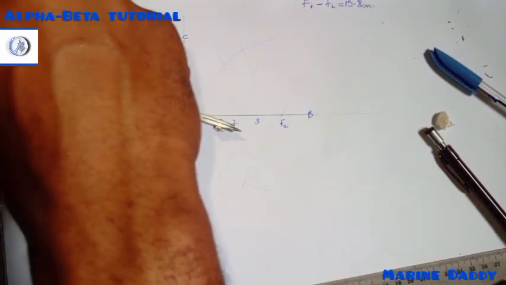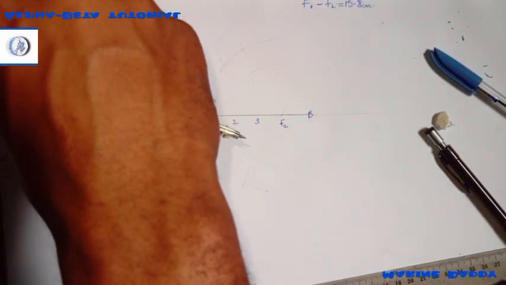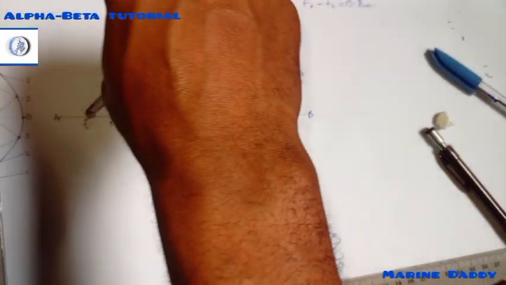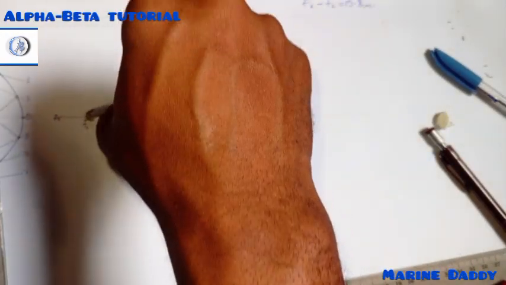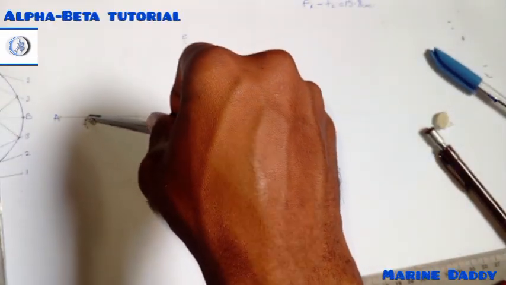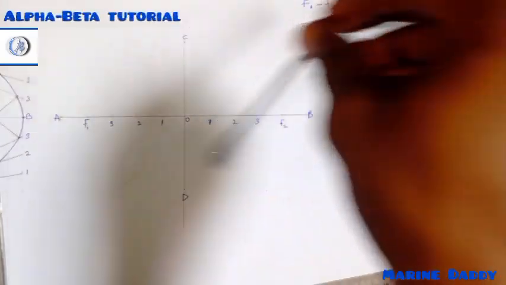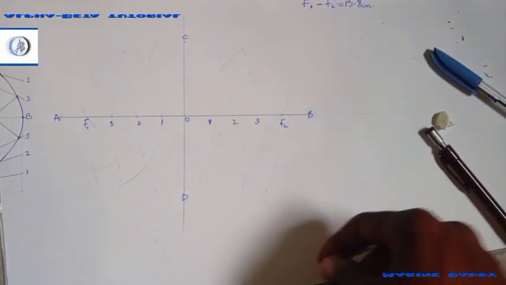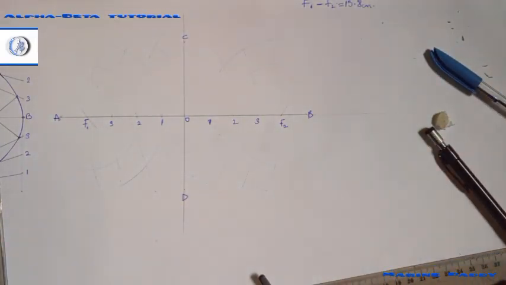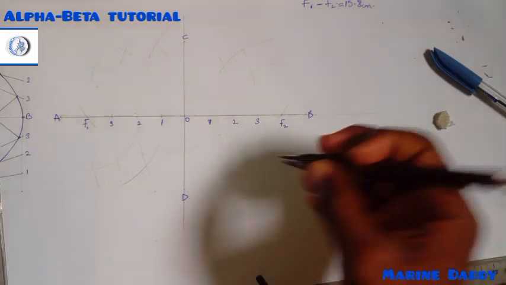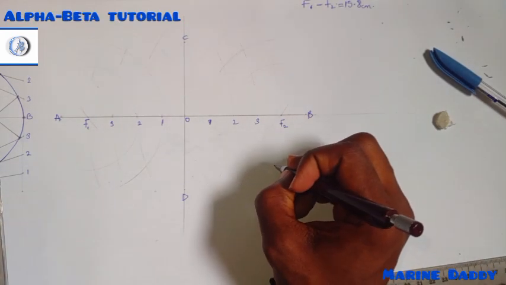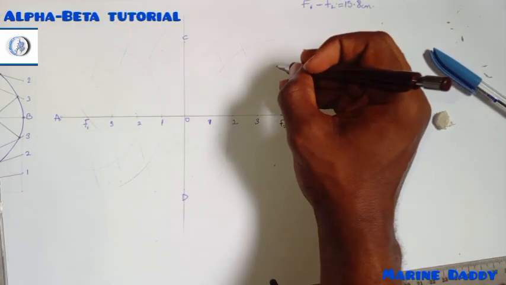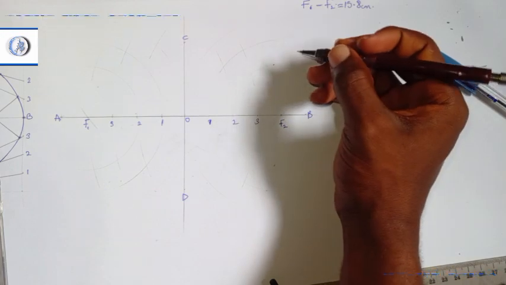Place it at the F here, F1. And that's it. Now at the end of it all, you'll be having 1 point here, 1 point here, 1